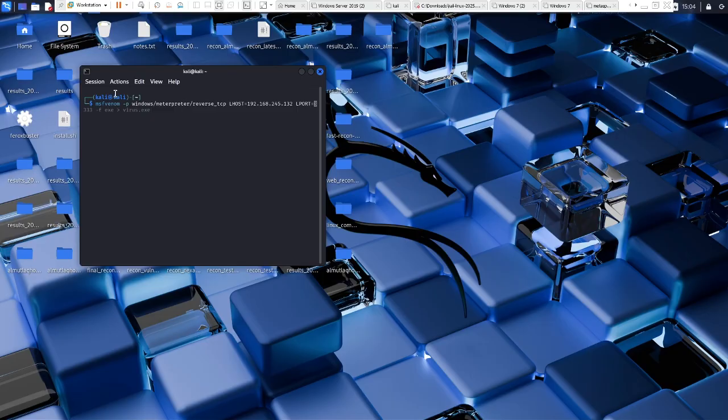We can choose here, let's choose 8888, and -f, going to make it exe, the format of the payload, and going to pipe it, and the name is going to be malicious, or name it something like ecorp